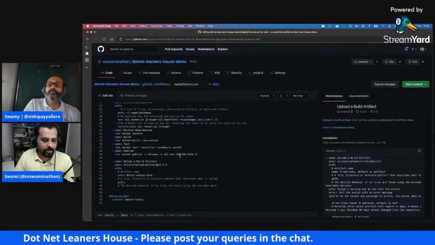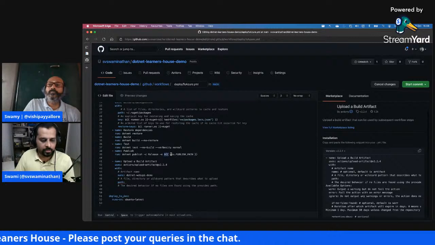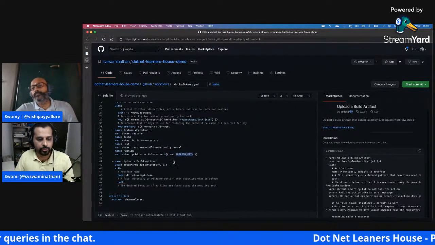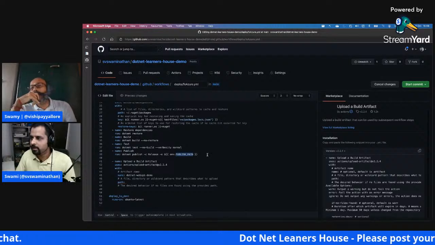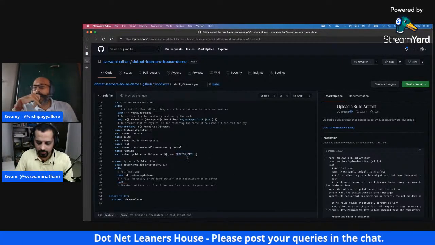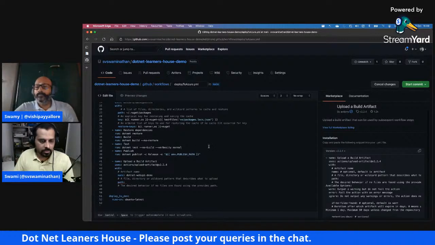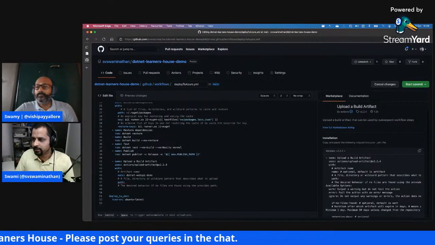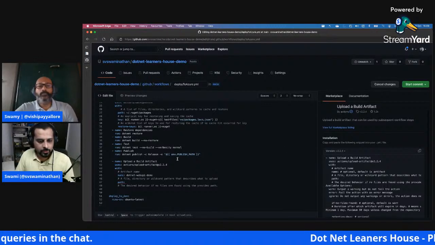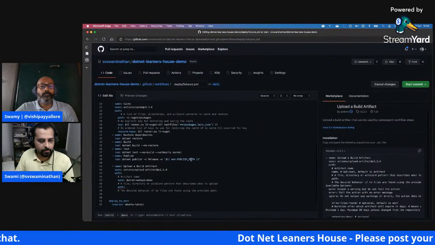Basically, this is how you would access an environment variable, right? You define the environment variable on top, and then you say env dot whatever the variable you are going to use. It is going to consider that particular variable there. You can also put them in single quotes, if the path has any space or anything like that. It's better to do that. And then, yeah, that is one thing. We have specified the published path there.